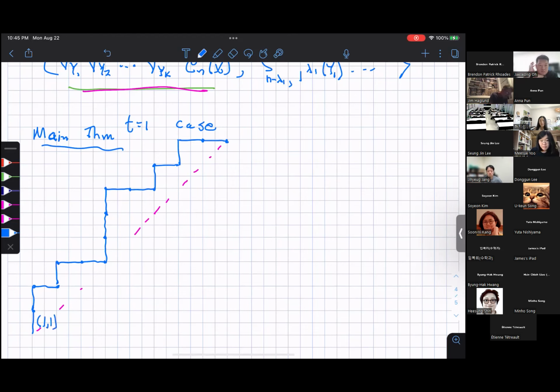Because instead of a parking function, now we have a bunch of ordered pairs instead of just single cars. Okay, so there's an example of the objects when we're just looking at Nabla y,